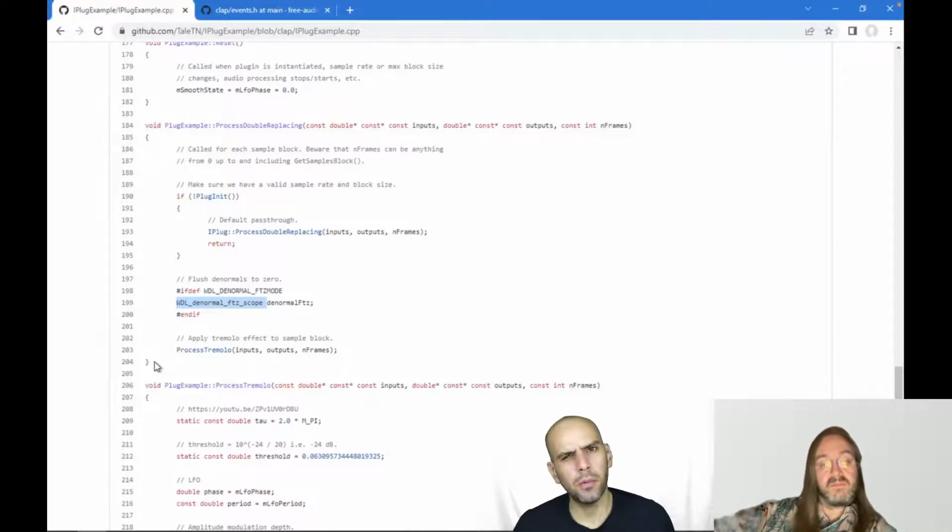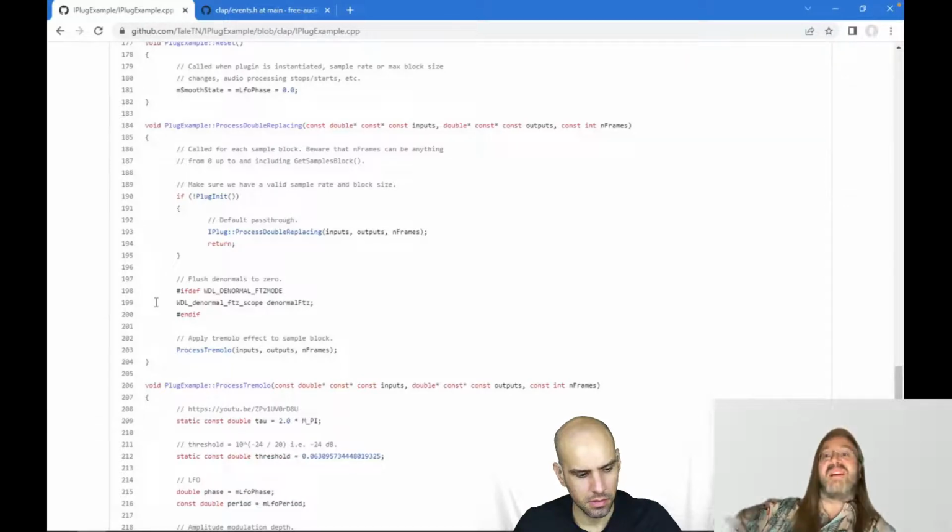Yeah. By the way, why would you want that? Why would you want to disable this denormalization protection? It's not protection, it's the other way around. The flags make sure that a denormal number gets treated as if it were 0, which is a much faster way. But of course, it's also dangerous, because if you divide by it, then you'll be doing a divide by 0. But this is faster, because then you don't have to worry about denormals. And another flag is that if the outcome of a calculation would be a denormal, then the CPU will also automatically set it to 0. So those are the two flags it basically sets, and that's useful because then you don't have to worry about them.